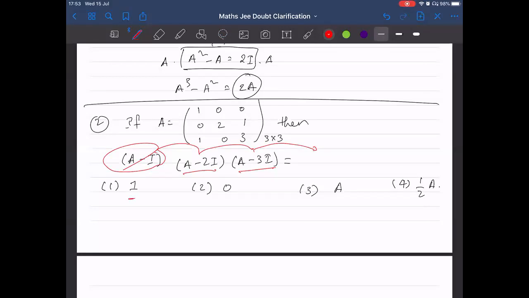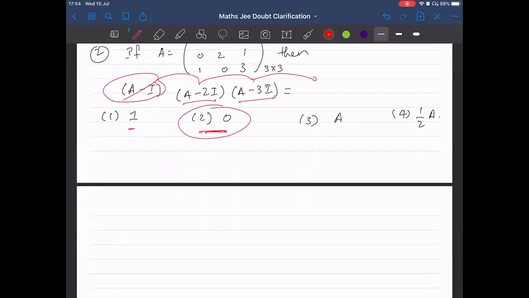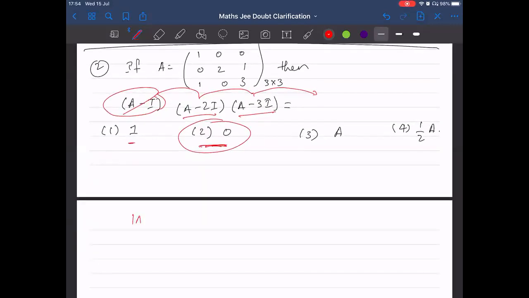But in order to find the actual answer, we really have to find the characteristic equation. Let us go ahead and find. So I thought somebody got the answer too, which is correct. There is the answer. So A minus lambda I makes it equal to 0. So I think we have to go fast. So A minus lambda I, and you see the principal diagonal elements of the identity matrix contain 1 and the remaining elements will contain 0. So lambda will be multiplying the elements in the principal diagonal only.